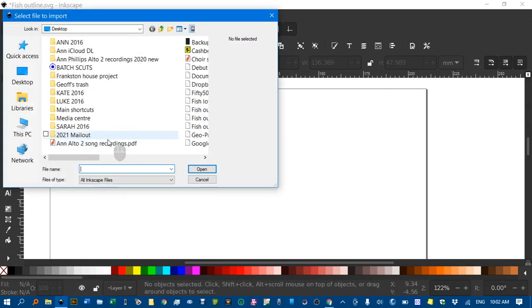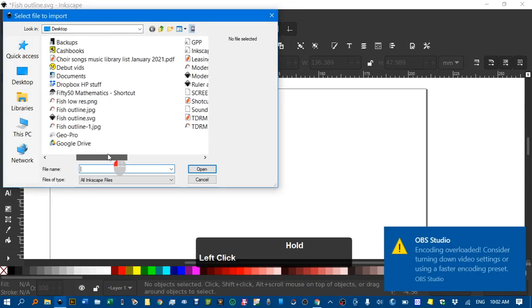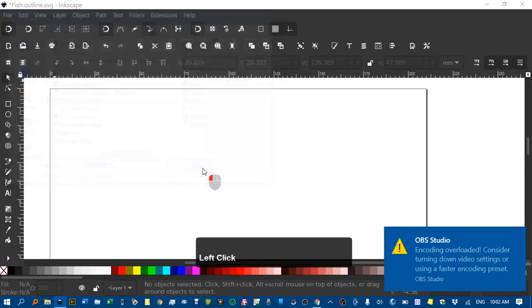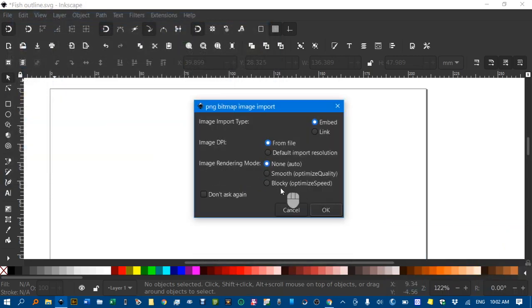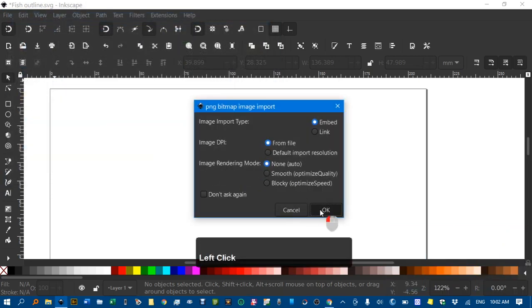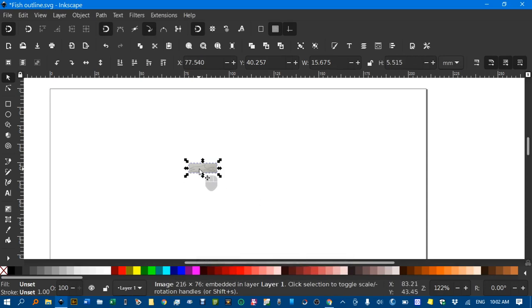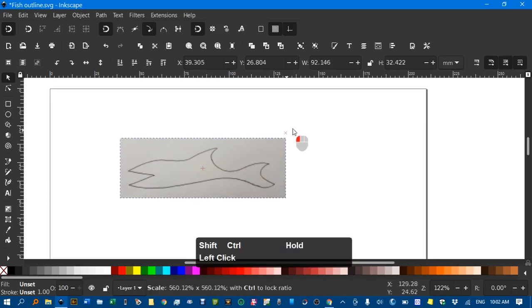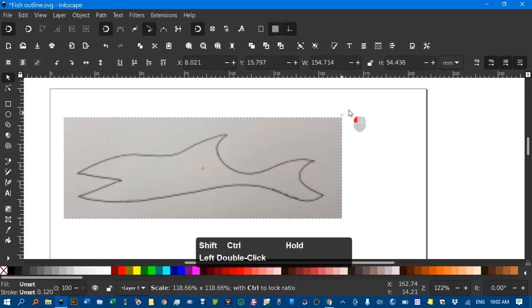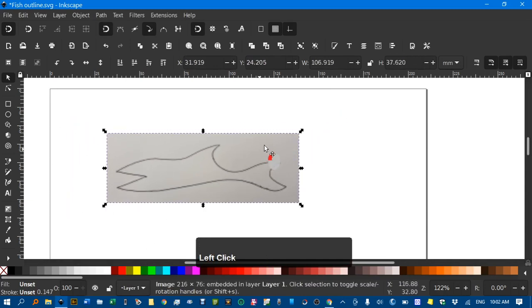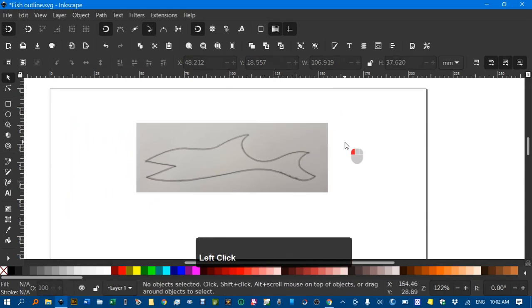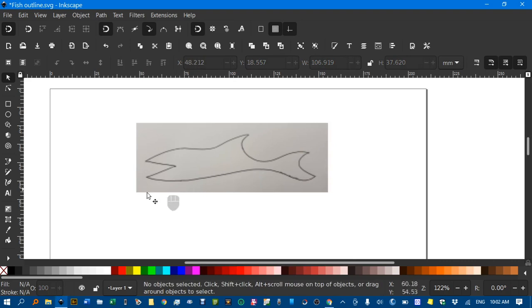and I've just done a rough outline of a fish or a shark. This one here, open, and just OK, and here comes my low res image. Notice if I blow it up, you can start to see that it's quite pixelated, and you might want to turn that into something a bit sharper using the Inkscape Bezier pen tool, which can be obtained by hitting B